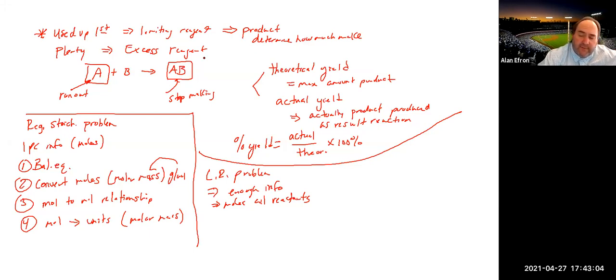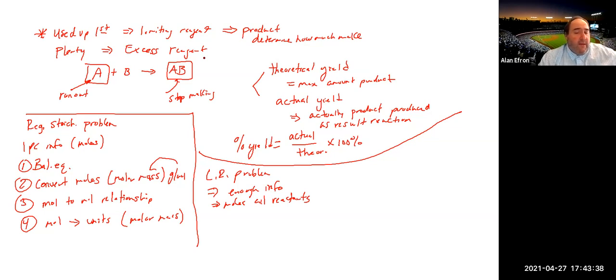So what is the difference between a basic stoichiometry problem and a limiting reagent problem? The difference is at some point you need to figure out which one is the limiting reagent. There's a few different ways we talked about last time that you could do that. A very common way is to do 2 separate stoichiometry calculations, one starting with each reactant going to the product, 2 separate calculations, and whichever one produces the smallest amount of product